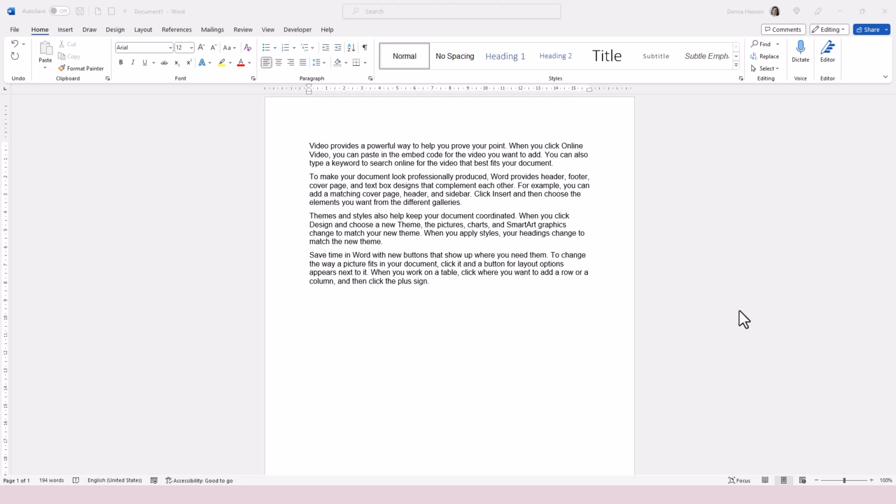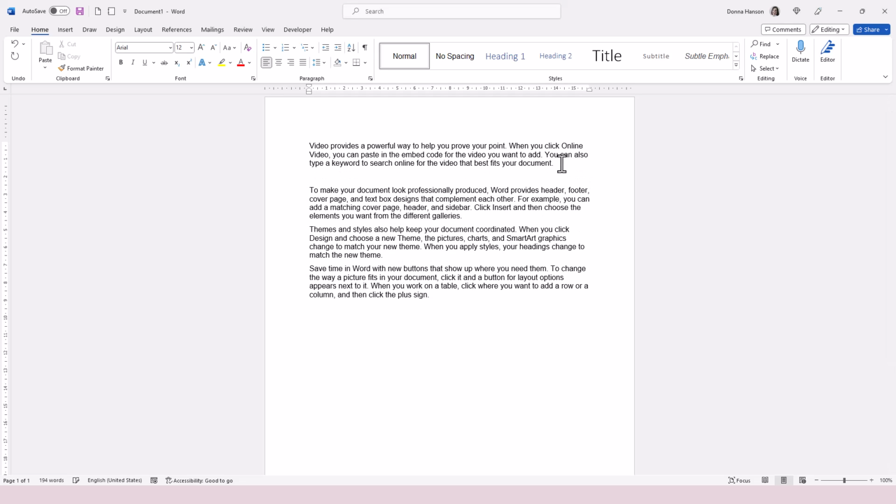Word has some great little tips and shortcuts to help when formatting your documents to make areas of your document stand out. So for example, let's say I want to put in a solid line in between these two paragraphs. You could easily hold down the full stop or the period key on your keyboard to sort of make a